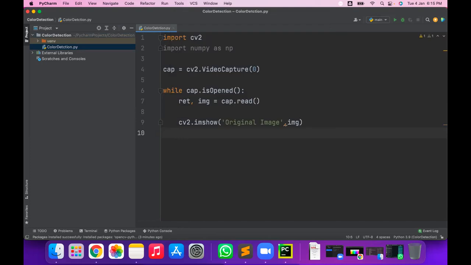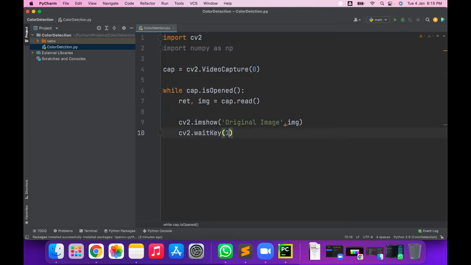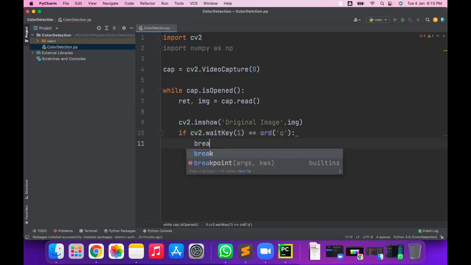So for that I'm using cv2.waitKey, and I'm waiting for 1 millisecond, and checking with an if statement if it is equal to the ordinal value of q. If the user has pressed the q button, then use break.